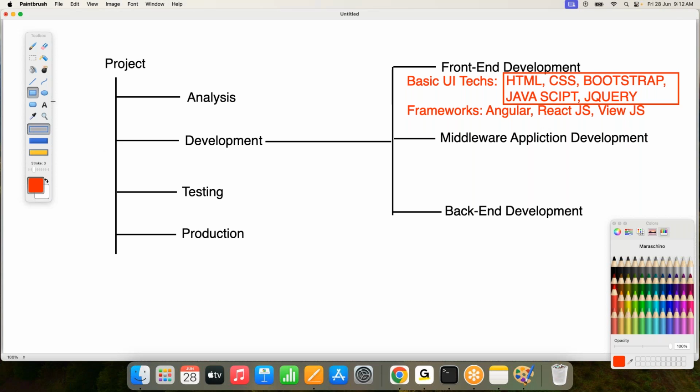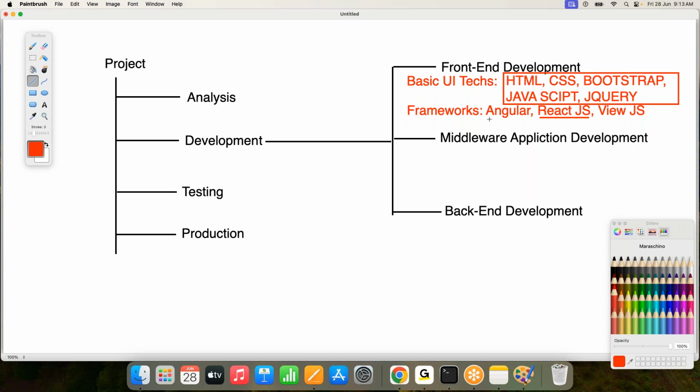After that, nowadays, what has very good demand outside, we can understand. React.js has somewhat more demand when compared with Angular and Vue.js, whatever it may be. We are not even going to think about Vue.js. Maximum we are going to think about Angular or React.js, either of these only.